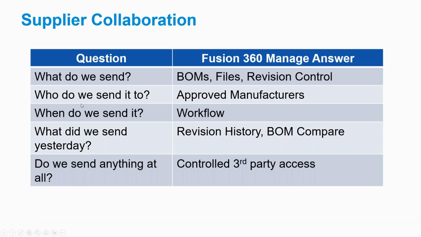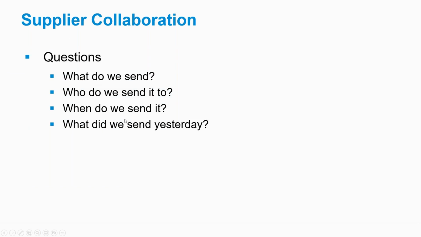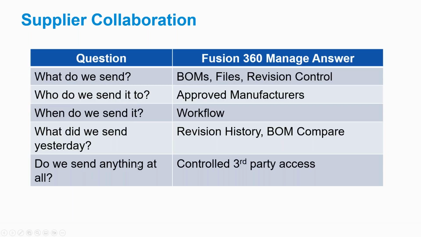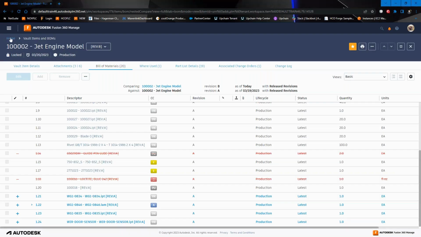And then a bonus question here that wasn't on my list. I wanted to keep it in my pocket. Do we send anything at all? We're going to get into this a little bit later, but depending on how you implement Fusion Manage and how comfortable you are with the idea, it could be that you don't actually send anything at all. They may be able to come into your system and just get the information that they need when they need it. So they could get a notification, or, if they're participating in your workflow,